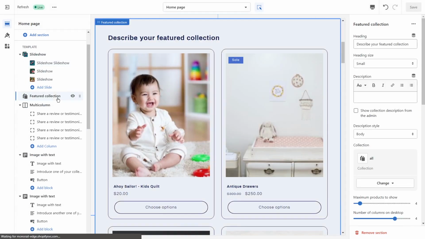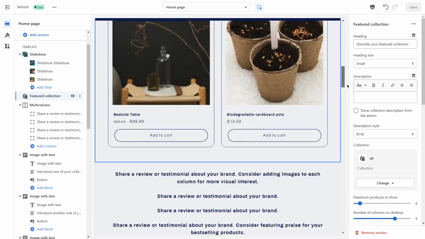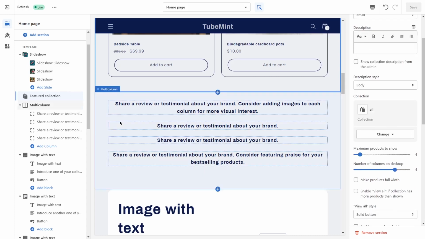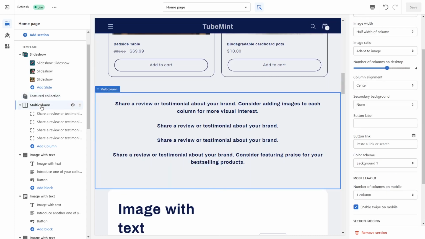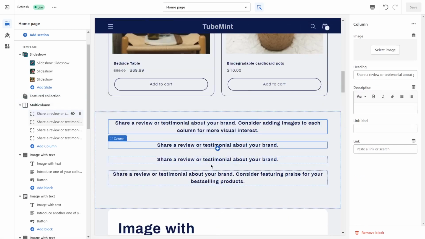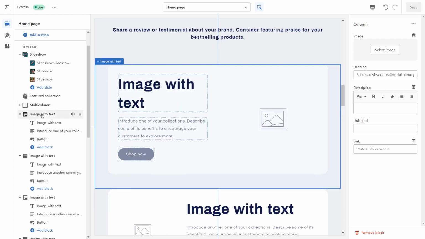Featured collections, this is the collection that is showing up on your home page after the slideshow. You can change it from here. Okay, you can also add some headings and description, and then we have multi-column. Share review, so these are reviews. Okay, you can definitely customize it. Image with text,